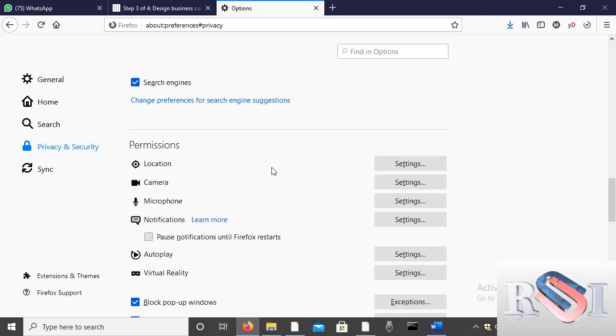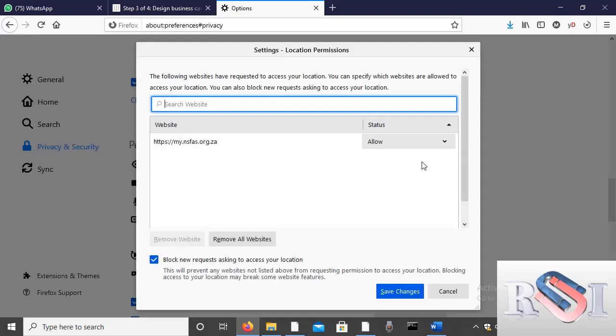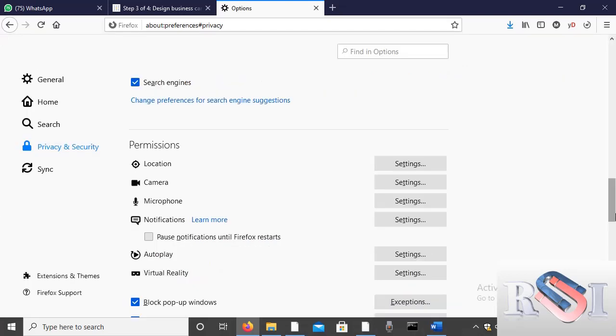You come to location, you go to settings. If there are some, you see here, there is this one of my NSFAS. It was because I was applying, so you have to come to remove. You remove all. You save the changes.